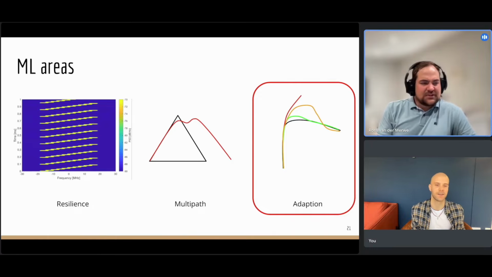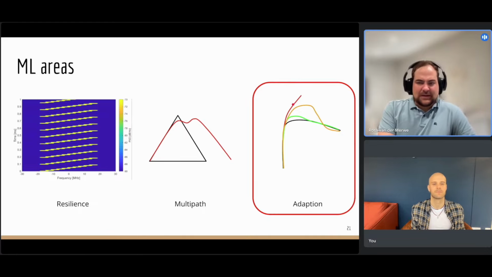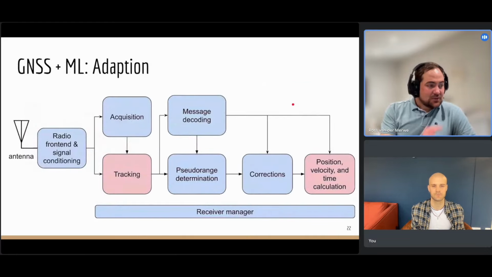Adaptation, sorry. So what I'm trying to show here with this very basic curve is, as you are going around the corner, how well can you remain on track? The green one would be really tight to your ground truth, and the red one is basically losing lock. So a way to explain this is, let's look at our reference.